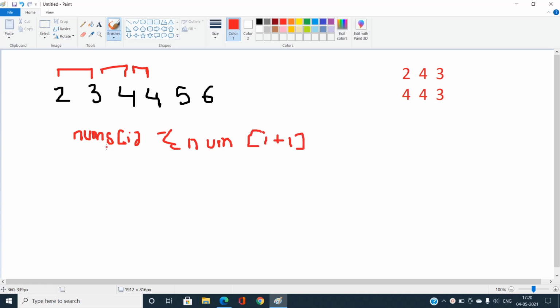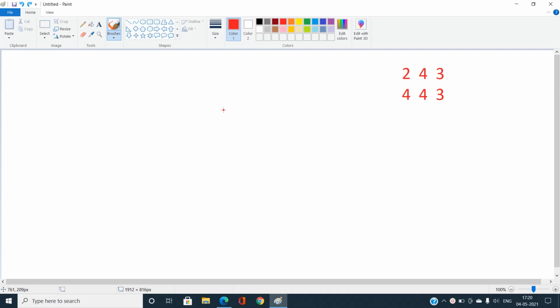So in this case, the array is already in non-decreasing order. We are not going to change any of the elements since the array is already in non-decreasing order. So our answer should be yes, we can do this operation, that is, we are not going to do this operation. We are going to return true in this case.